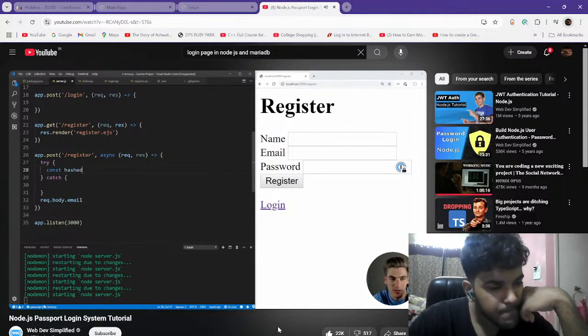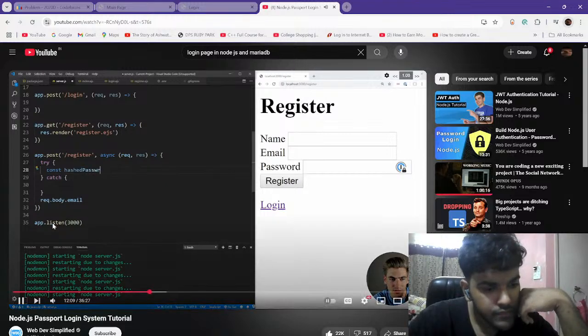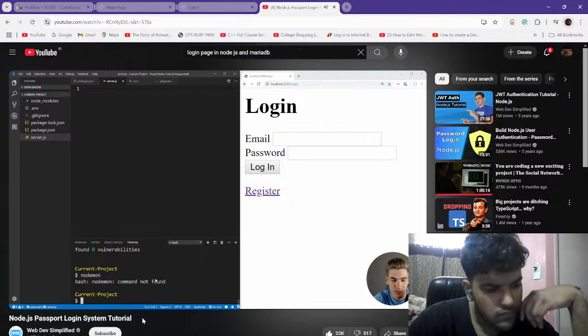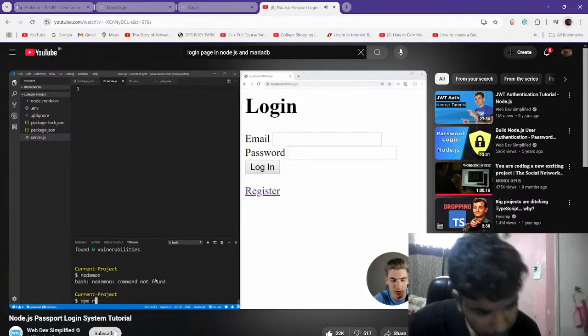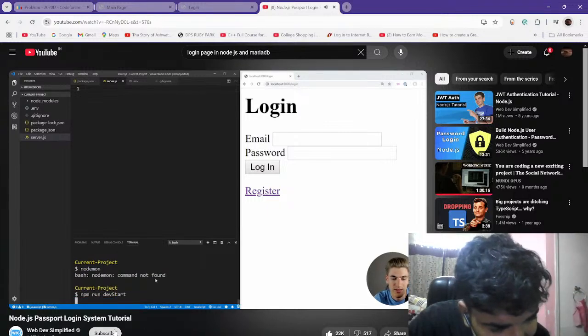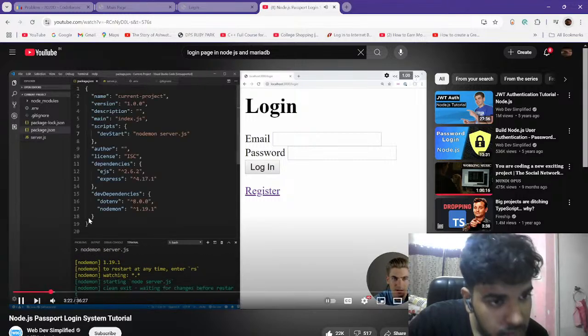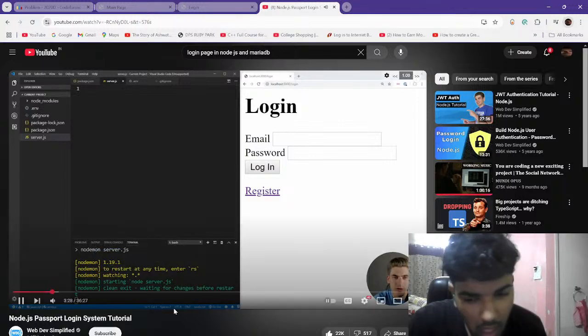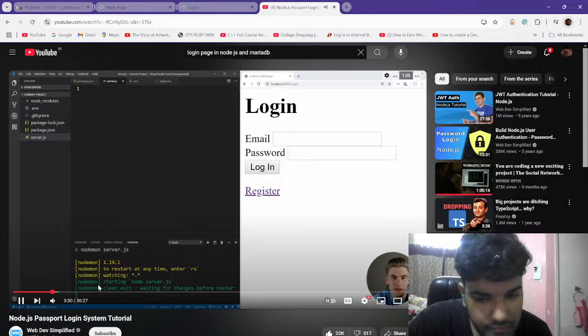So we can create a variable, call it hashed password. If we run npm run dev start, just like that, that's going to run that script that we just created in here, this dev start script. And every single time we make a change to our server.js, it's going to refresh our server and rerun all of our code. To get started, the very first thing we want to do is just set up our